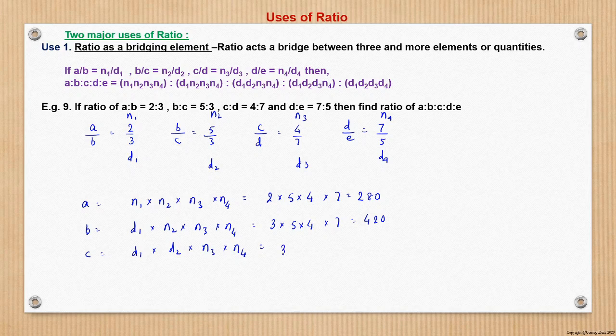So here d1 is 3, d2 is again 3, d3, no sorry, n3 and n4 are 4 into 7. This is like 9 into 4, 36, 36 into 7 is 252, right? Then D, what we said, we replaced first numerator by first denominator, then second numerator by second denominator. Now the third numerator will be replaced by the third denominator. So d1 into d2 into d3, and then n4 we will retain. So this becomes 3 into 3 into this 4 we replace by 7 here, and the 7 in numerator remain. So this is like 9 into 7, 63, 63 into 7 is 441.